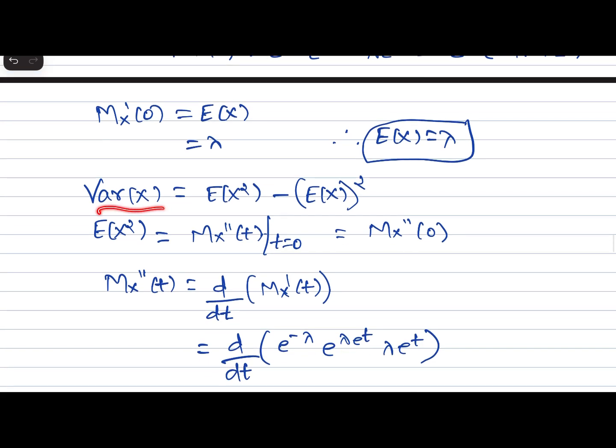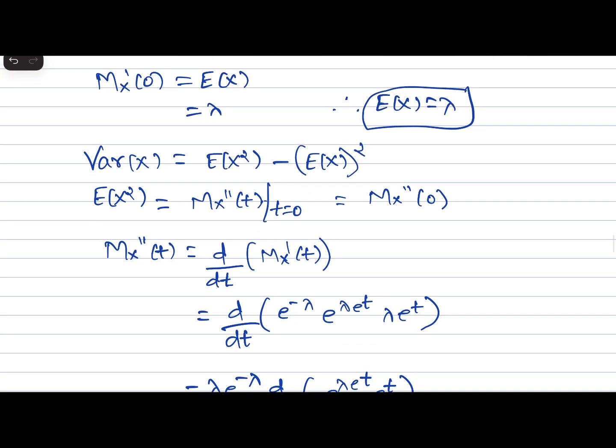Now coming to the part of variance, variance could be calculated by using this formula: E of X square minus E of X whole square. But how will you do that? First, let us find E of X square. When you want to find E of X square, you have to differentiate your MX of t two times, and then you have to substitute t value as 0. So that will give you MX double dash of 0, and that will give you the E of X square or mean square value. So MX double dash of t, you're going to differentiate MX dash of t with respect